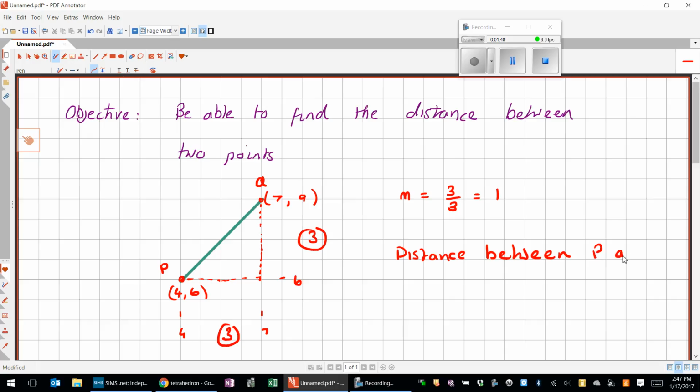Okay, so the gradient, you're saying it might be the gradient. It's not, but worthwhile saying. It does link with the gradient, which is why I asked you to do it. What shape have I just drawn? Right angle triangle. It's a right angle triangle where I know that 2 sides are 3 and 3, and I want to know this one. So yes, Pythagoras' theorem. We have to use